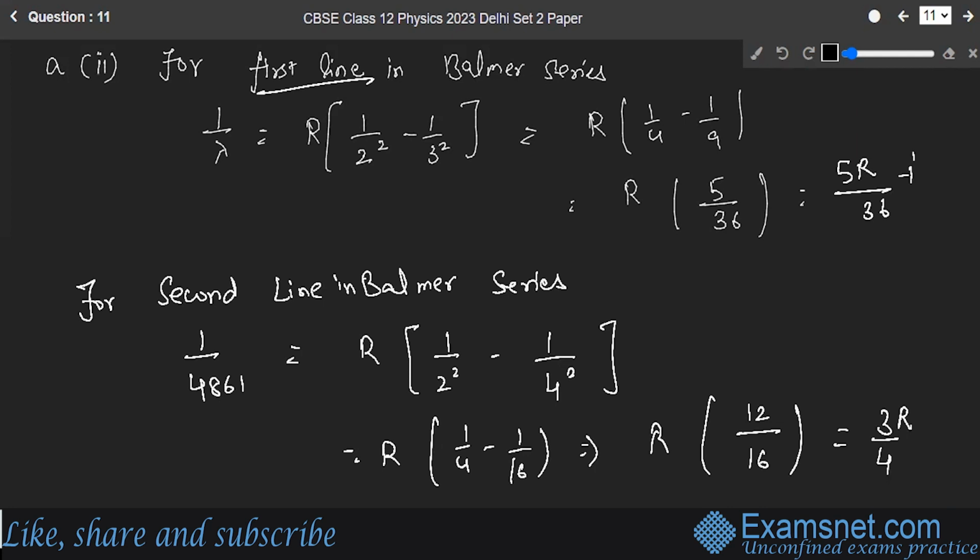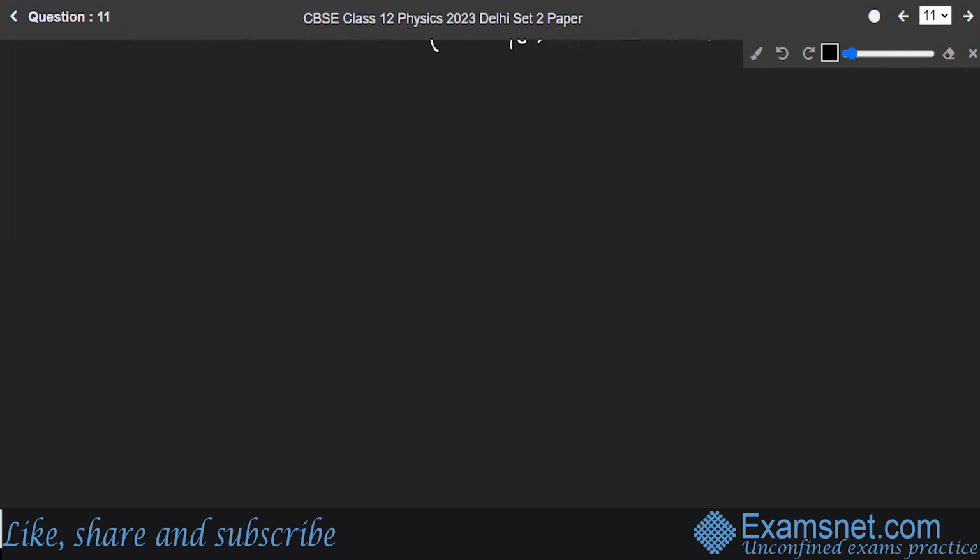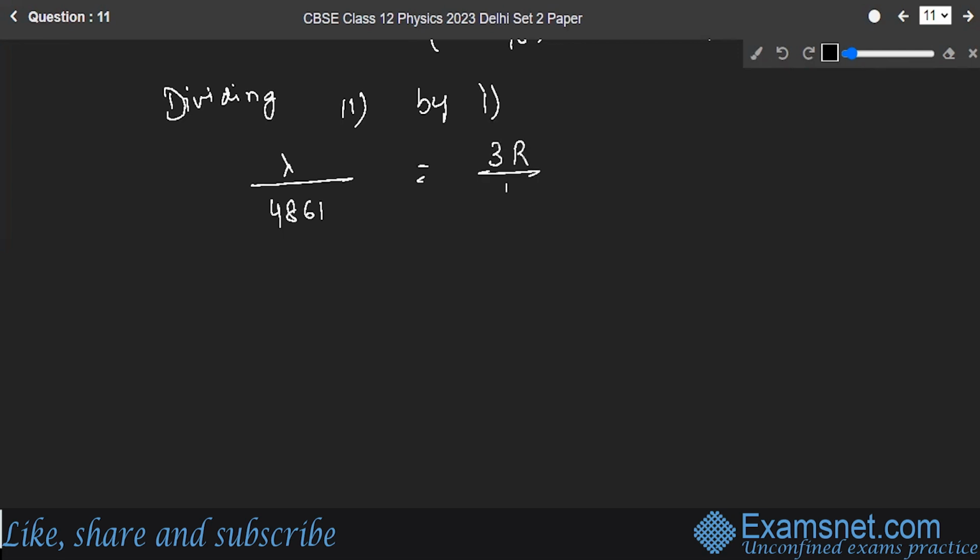Let's say this is the first and this is the second equation. Now dividing both of them, equation 2 by equation 1, you have lambda upon 4861 is equal to 3R upon 16 multiplied by 36 upon 5R, or you have lambda is equal to 4861